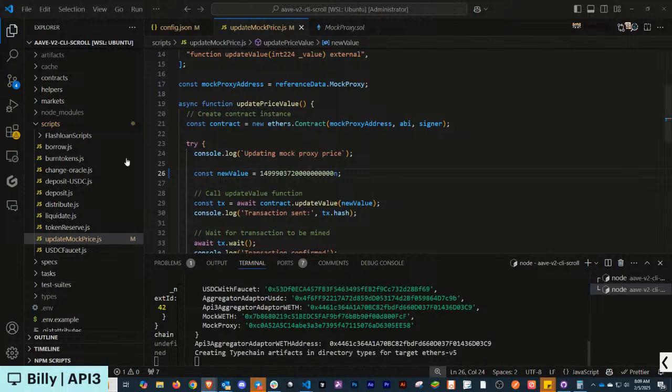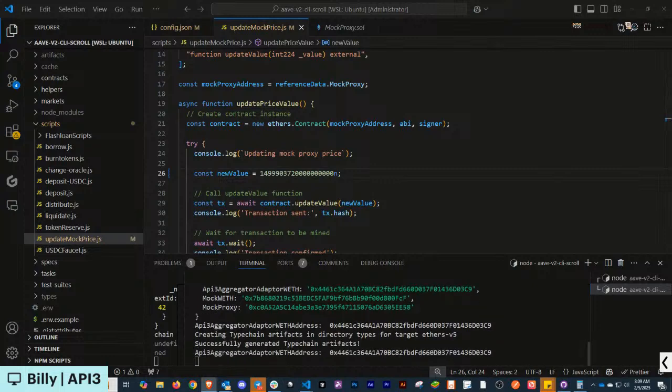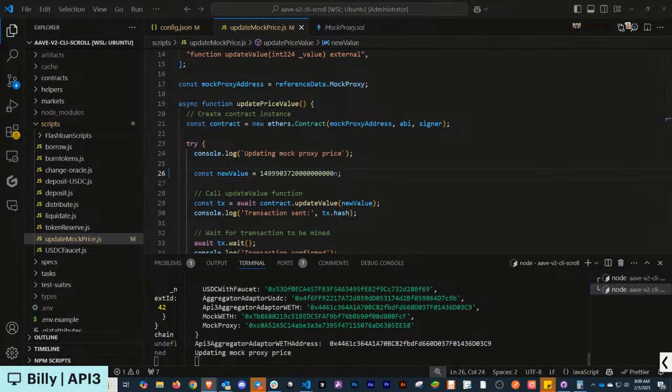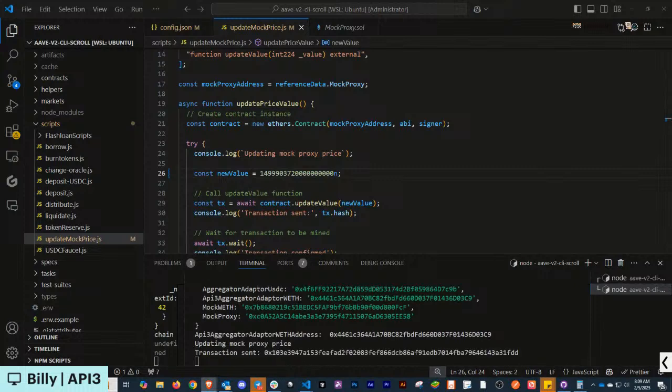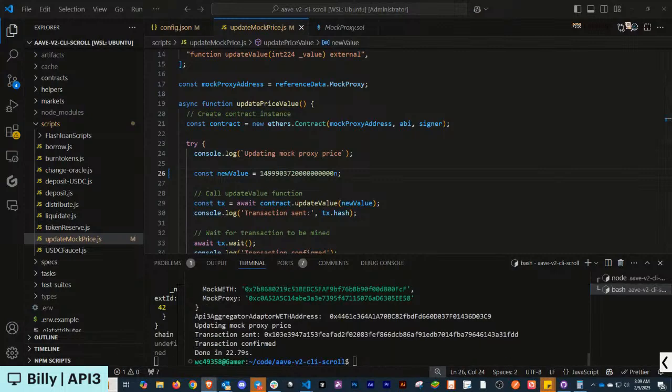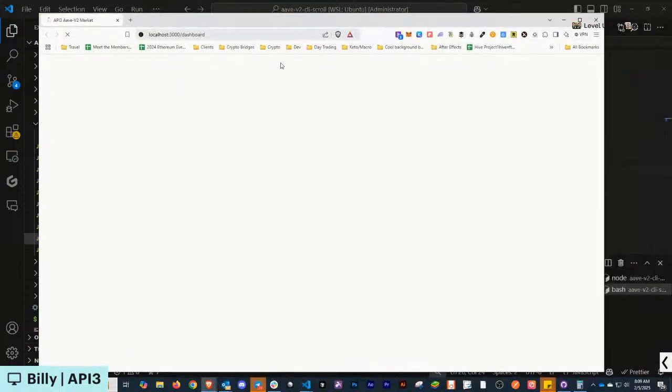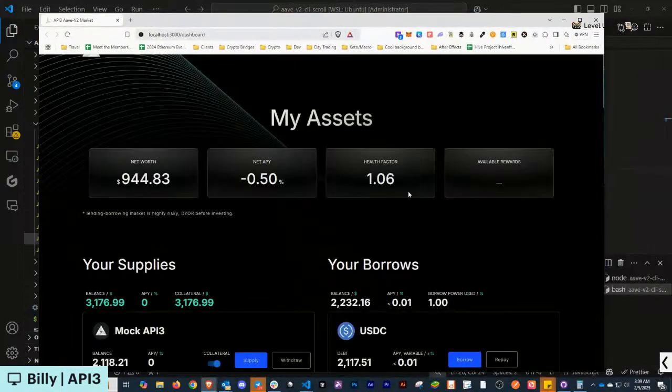Basically, this is the oracle. We're theoretically doing OEV in a sense where we are updating the oracle first and then controlling the flow of the liquidation. But for testing purposes, we're just doing the same. It's just going to run through the adapter script and I will show you the updated price. Load that. And my health factor is now healthy again, right? The price went up, I didn't get liquidated. Good for me.